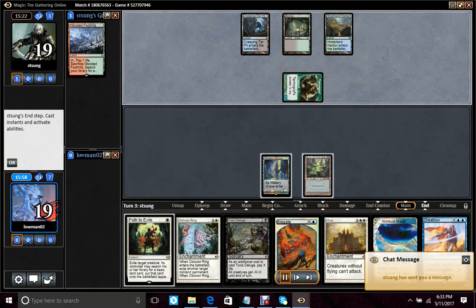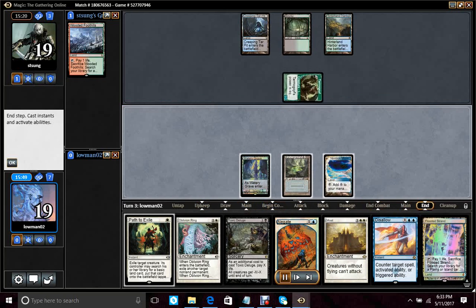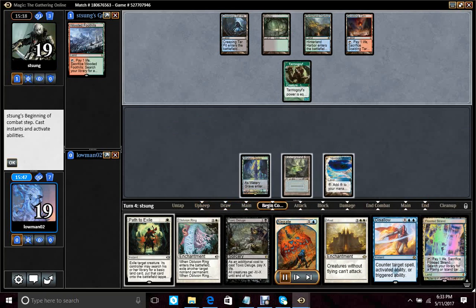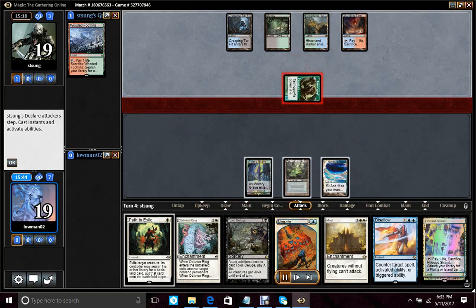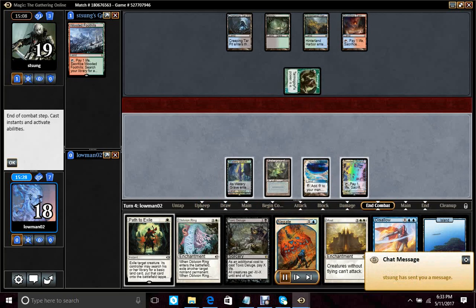So she gets a Tarmogoyf down. We don't want to kill that yet. I don't really want a 2-for-1 myself with the Path to Exile when she has a Creeping Tar Pit online. I figure eventually I can get her with the Path to Exile on the Tar Pit. I also have Moat, so I kind of want to save my counter magic for